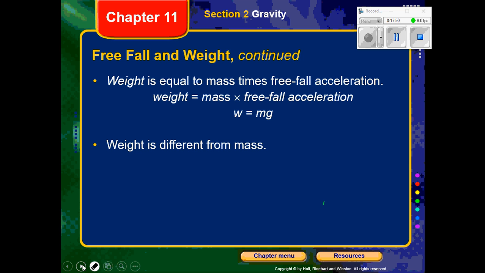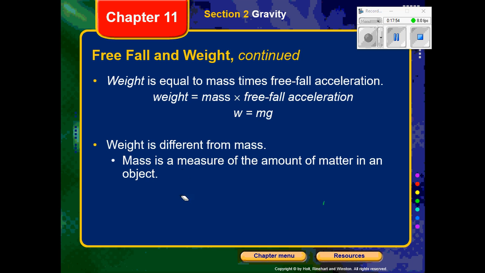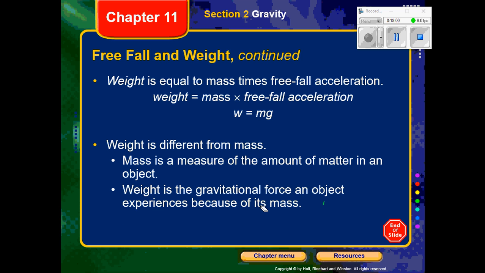Weight is different from mass because it's the measure of the force of gravity. Mass is a measure of the amount of matter in an object. That's all review. Weight is the gravitational force on the object. Okay, so